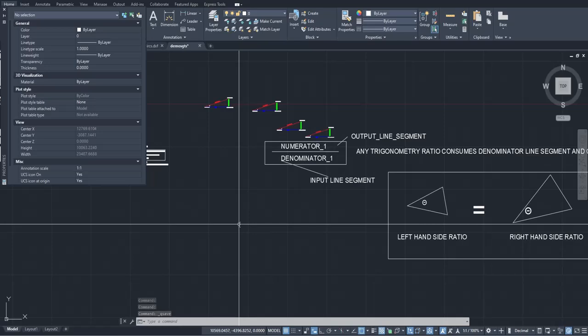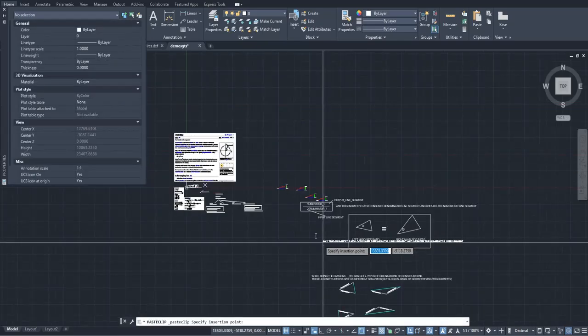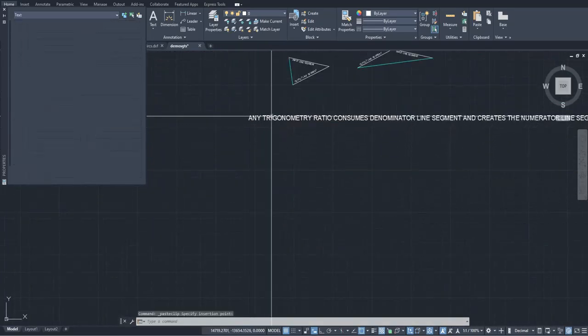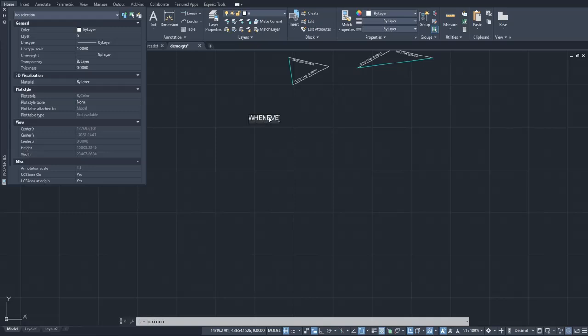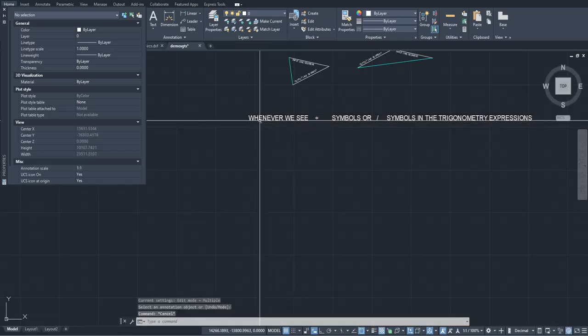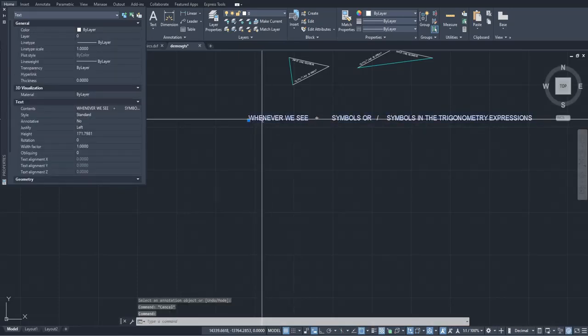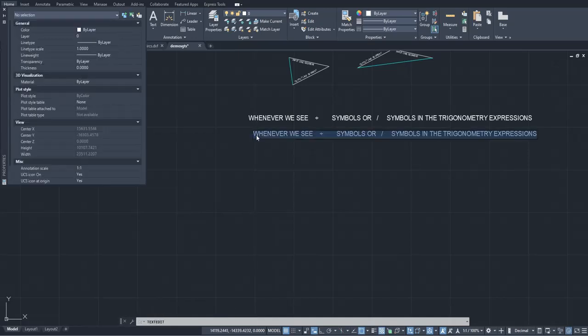So whenever we see these division symbols in the trigonometry expressions, we should consider these as four different kinds of symbols, and we have to replace them with the symbol